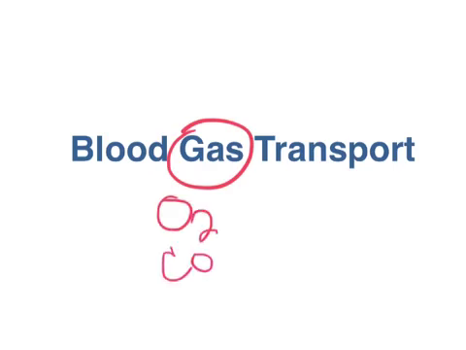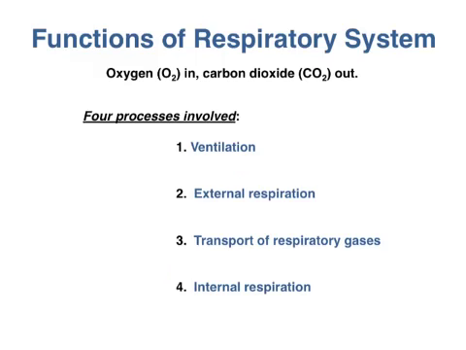In this video, we'll be talking about the transport of respiratory gases in the blood. So we're of course talking about oxygen and carbon dioxide. To orient ourselves in our list of functions of the respiratory system, we're talking about number 3 here, transport of respiratory gases. This is what has to happen to get from external respiration to internal respiration. You have to get that oxygen to the tissues, and you have to get that carbon dioxide from the tissues